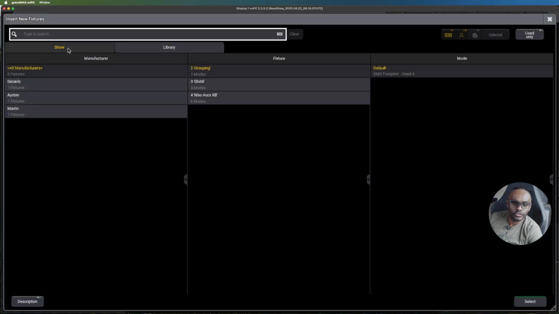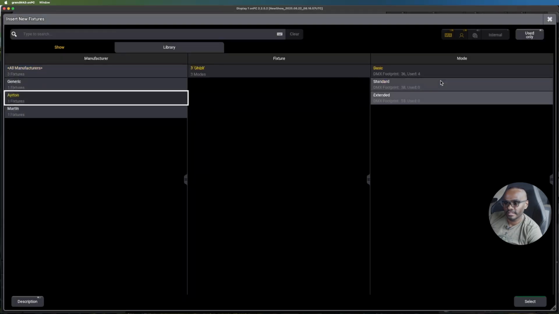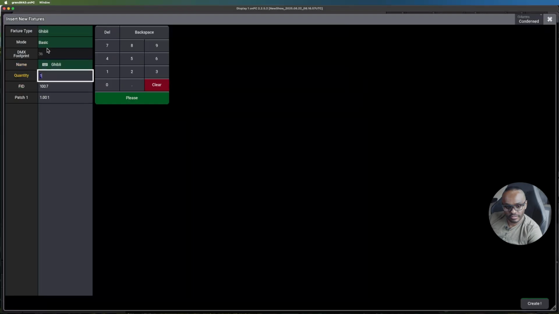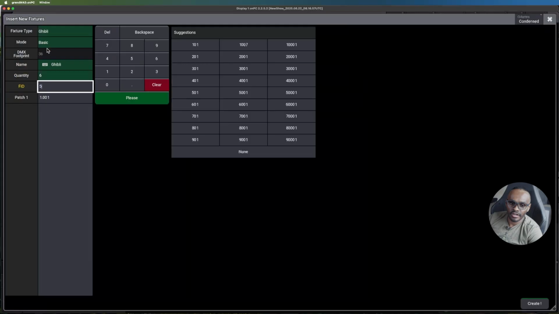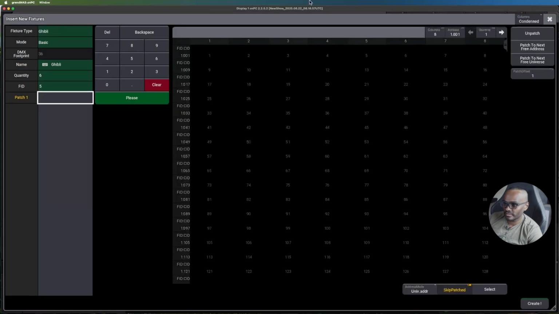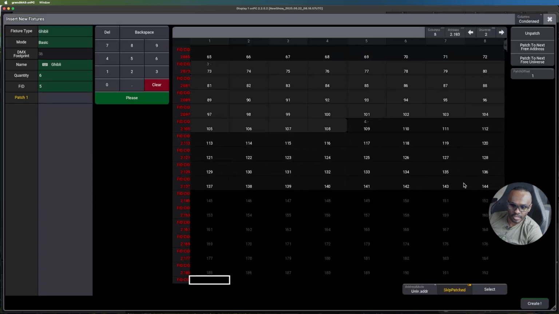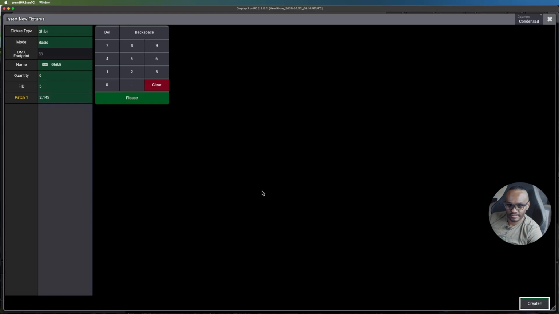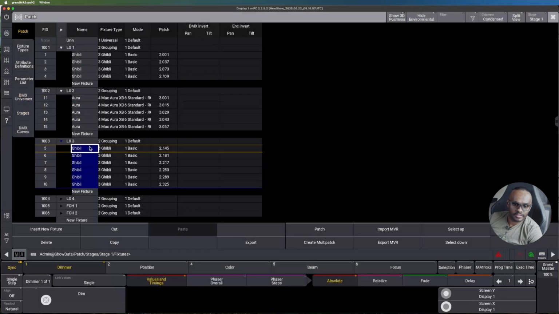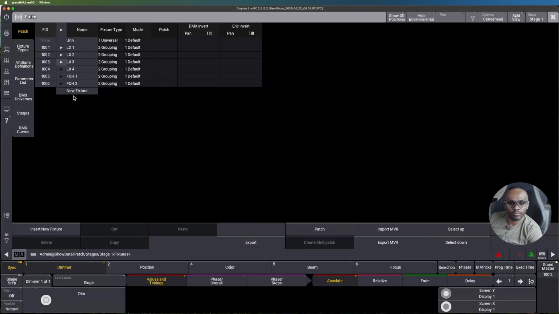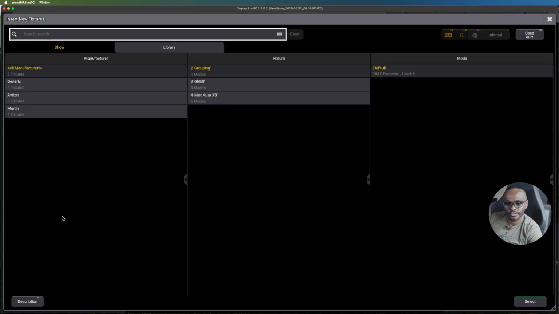Moving on to LX3, insert new fixture. This time we can just look and show. We want the Ghibli basic, select. We're going to call it Ghibli, quantity of 6, fixture ID 5. Let's leave this in universe 2. And we see the next available address is 145. So we're going to select this and click create. Okay, we can close all of these